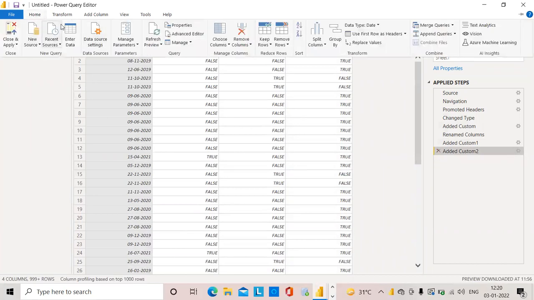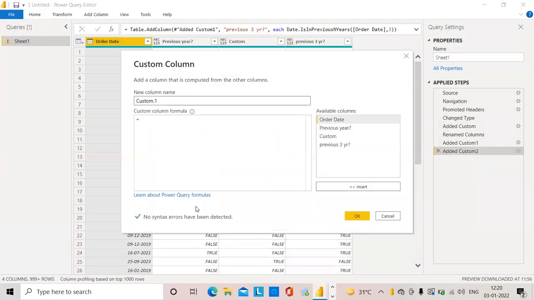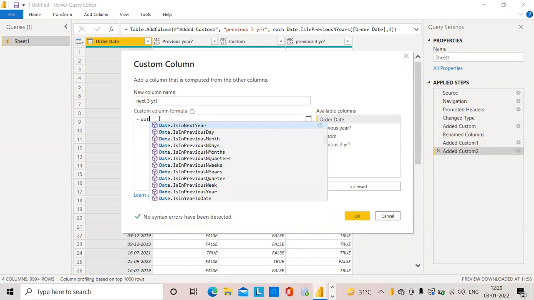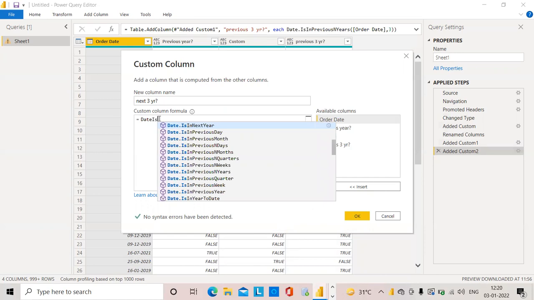So in Home, I will use another add column, custom column. I will write here next 3 year. So I will write first Date.IsInNextNYears.